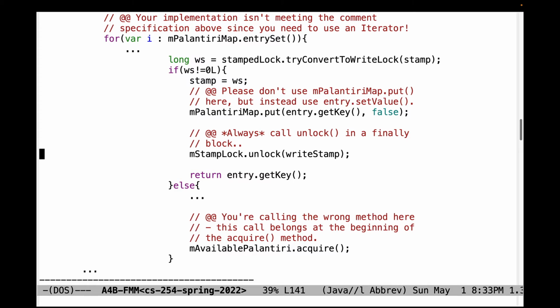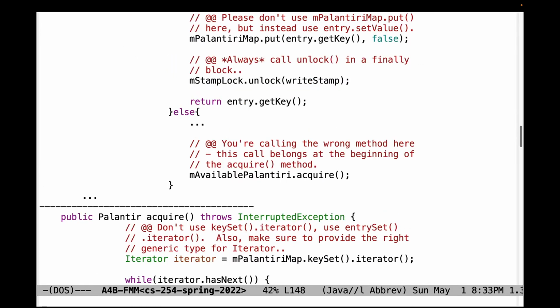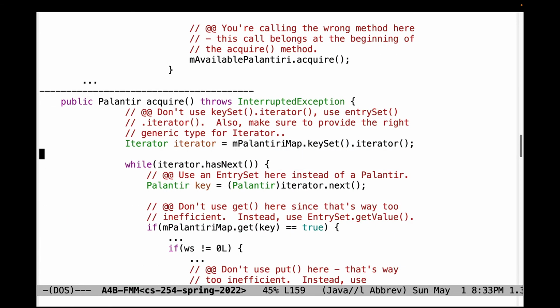And then down here, I'm not quite sure what's going on here, but you don't want to be calling the Palantiri acquire method at this point. That needs to go at the very beginning of the acquire method on the Palantiri manager. So you're going to be calling the acquire method on the semaphore at the beginning of the acquire method for the Palantiri manager. Down here, don't use key set iterator, use entry set iterator, and also make sure that you